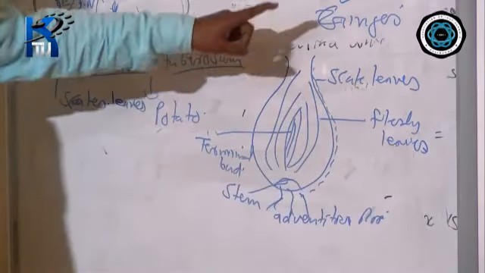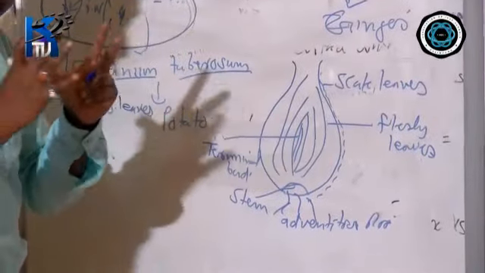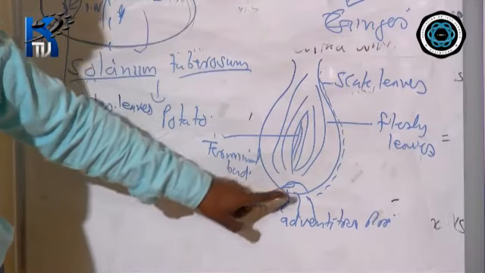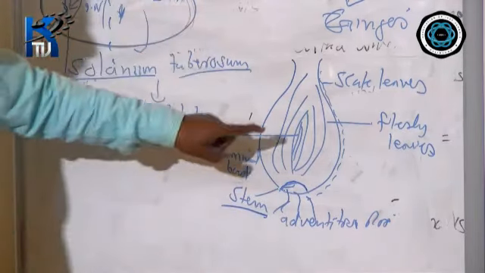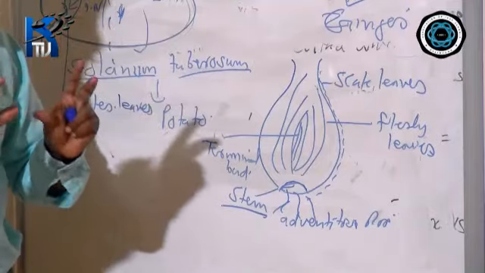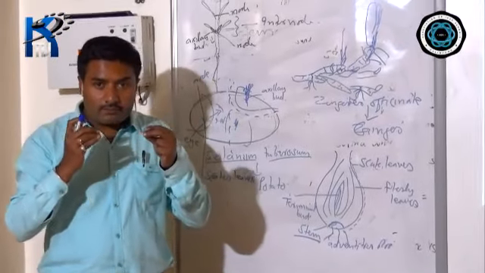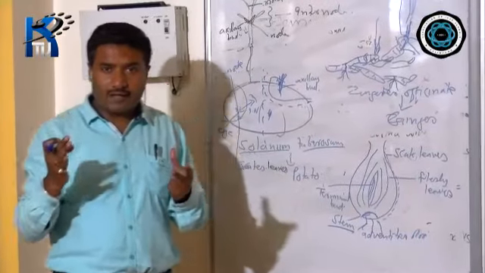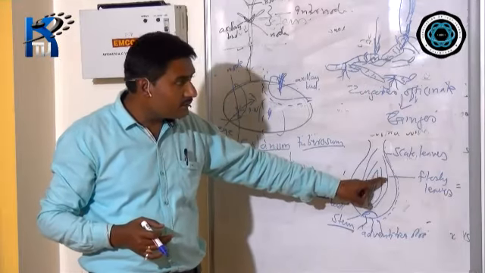So here you see that according to the notes, these are condensed underground shoots. The shoot has been condensed. Each bulb has a very short disc-like stem. This disc-like structure that you see here is a stem, and each part of the leaf is very fleshy in nature. Whenever you cut an onion, your eyes get watered up. It contains allyl disulfide, sulfur compounds are present. Due to that, your eyes burn. That means these chemicals are present in these fleshy leaves.